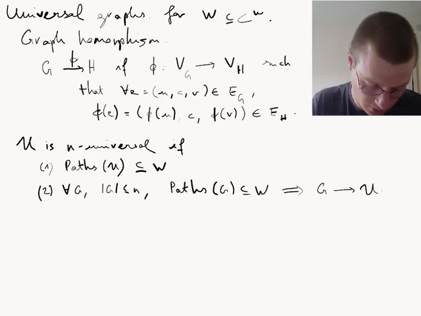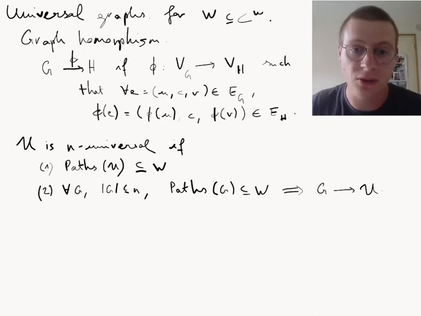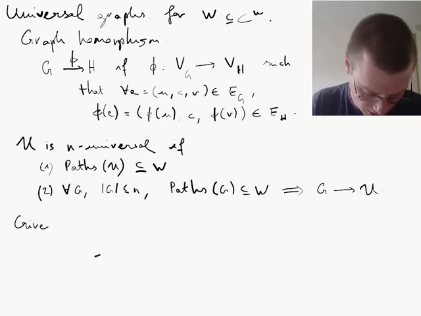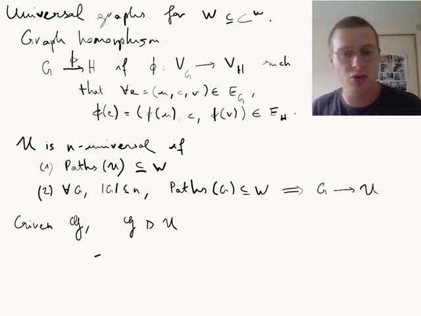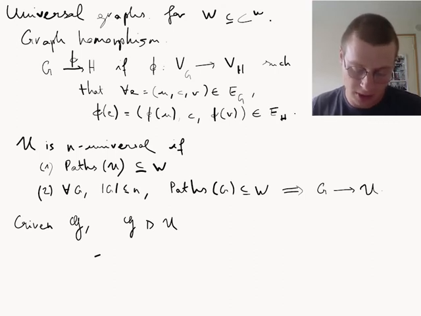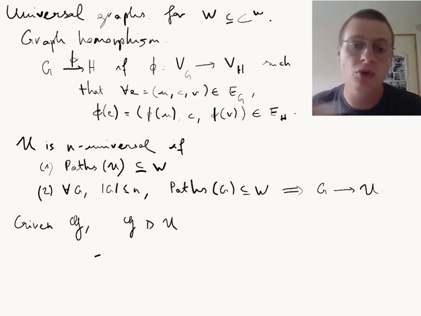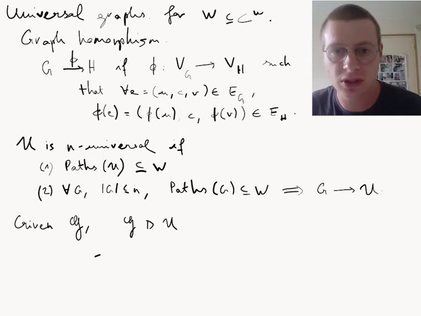Okay, now why are these useful? Well, once you have a universal graph, you can build a game. Given a game G, you can build the chain product of G into U. Basically, G into U means both players play in G normally, according to vertices in V1 for player 1 or V2 for player 2. But then the colors are read into U, and player 1 will also move a token in U according to the color which is read in G.